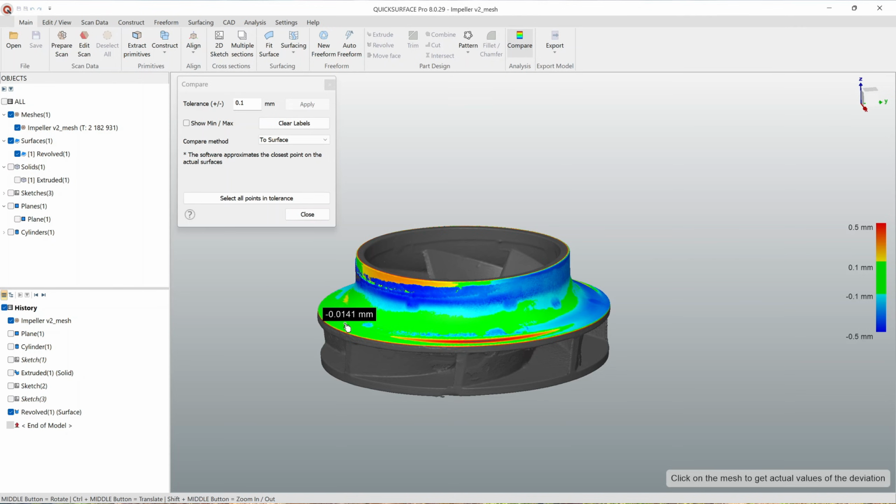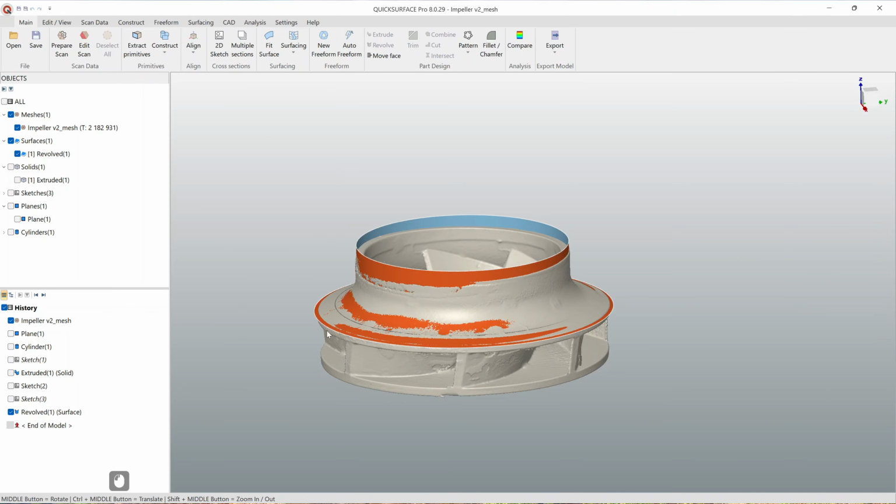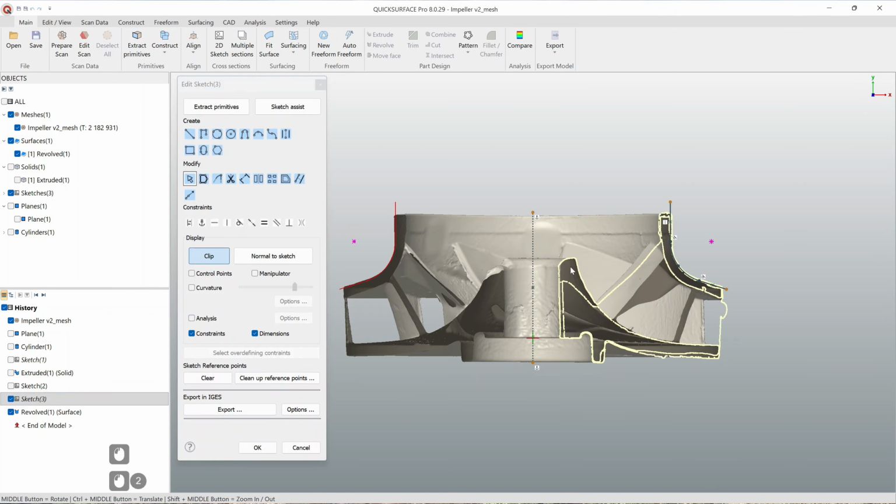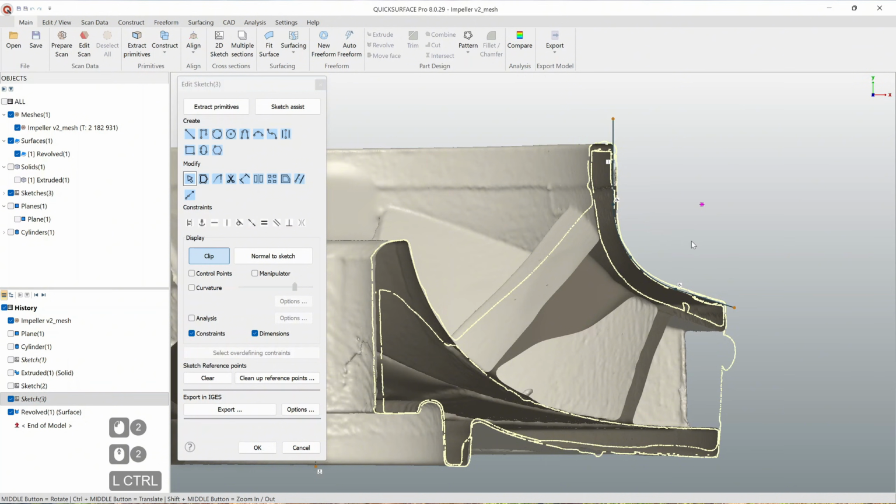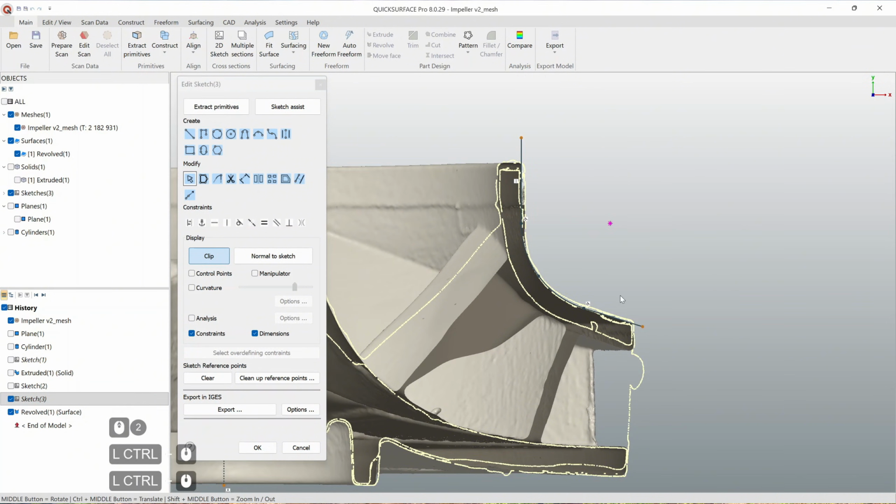So if you start at, for example, we set up our first cross-section sketch at 90 degrees, then try to use everything that is close to this region. In that case, you will get pretty close to the initial part as it should be when it was created. So okay, as we see, this one was pretty good, so we can go and